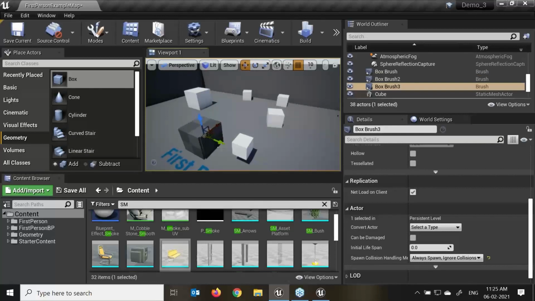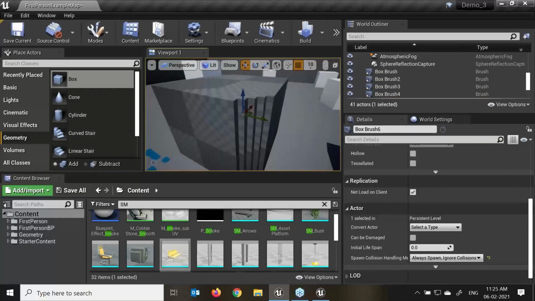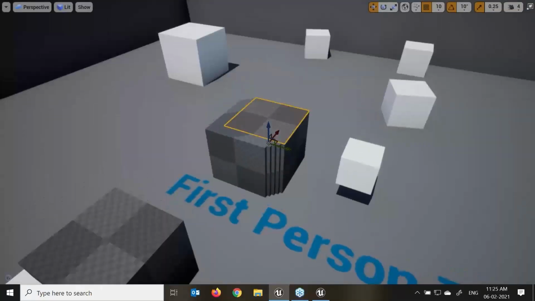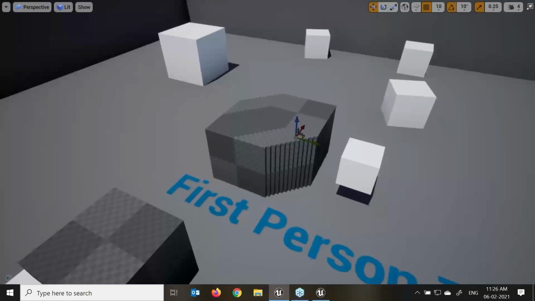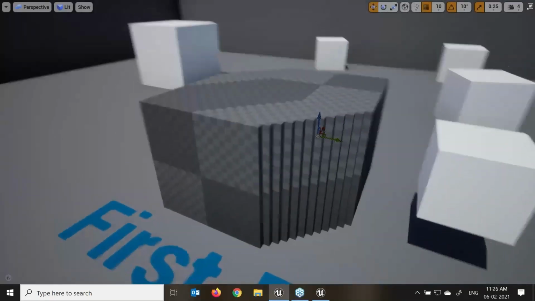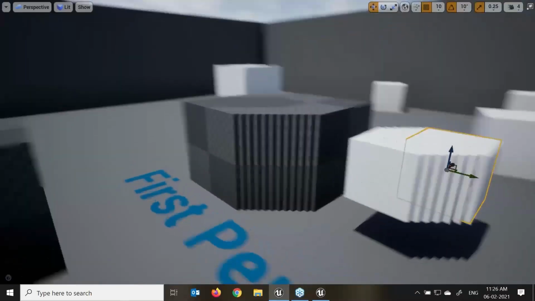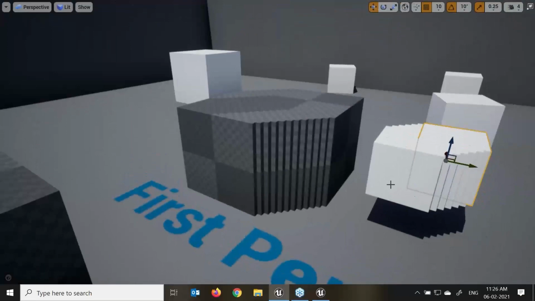If I press Control W, I'm making a duplicate of that object. The shortcut key for that is Control W. Here you can see it's making a duplicate instance. If I select this object and again press Control W, I'm making an instance of the same object. But in Unreal Engine, a static mesh will consume much less RAM compared to the brush type.